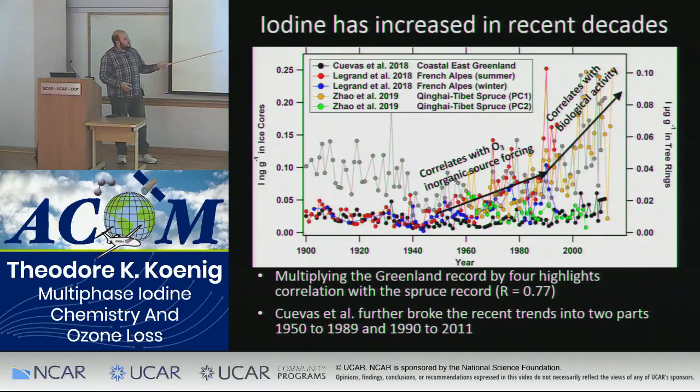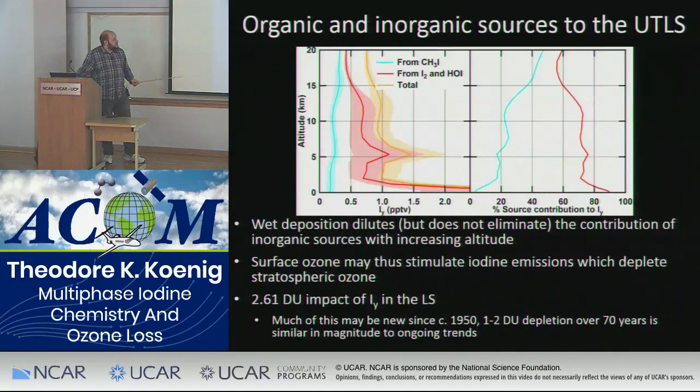And in the case of Greenland, it's specifically a reduction in sea ice, which is allowing for a longer growth season for microalgae. So this is essentially to say that there are probably multiple feedback processes going on here, but there appears to be an increase in iodine tied to both this ozone-induced increase in inorganic emissions and then a possible kind of biological feedback leading to increased organic emissions.